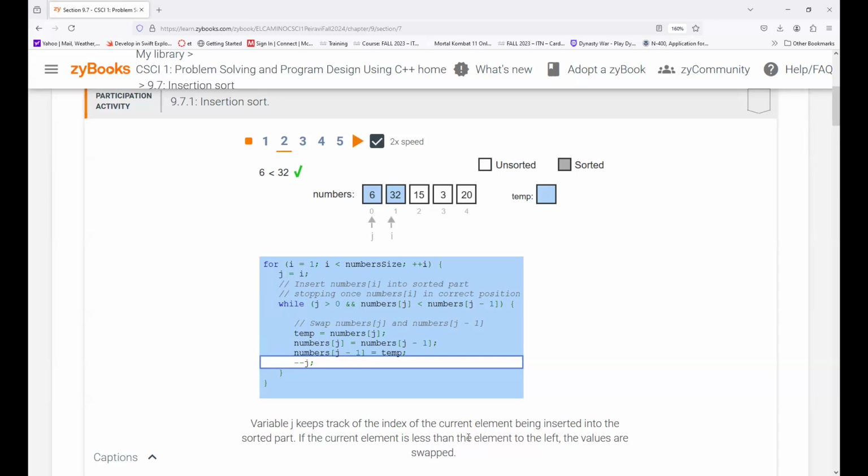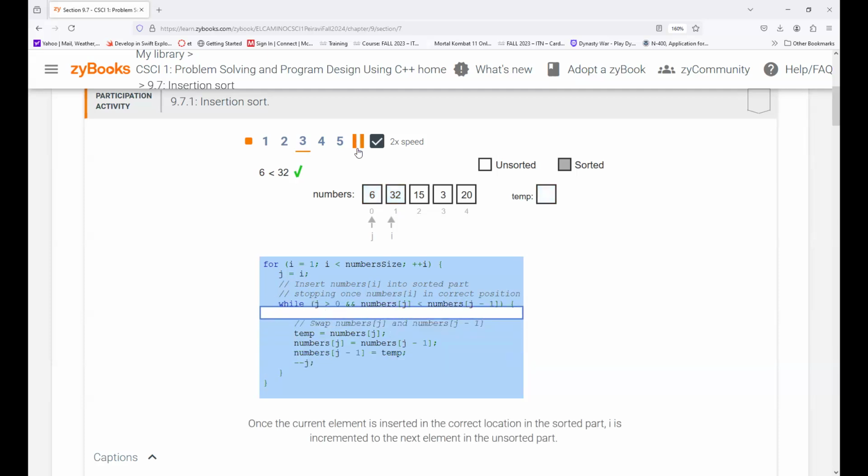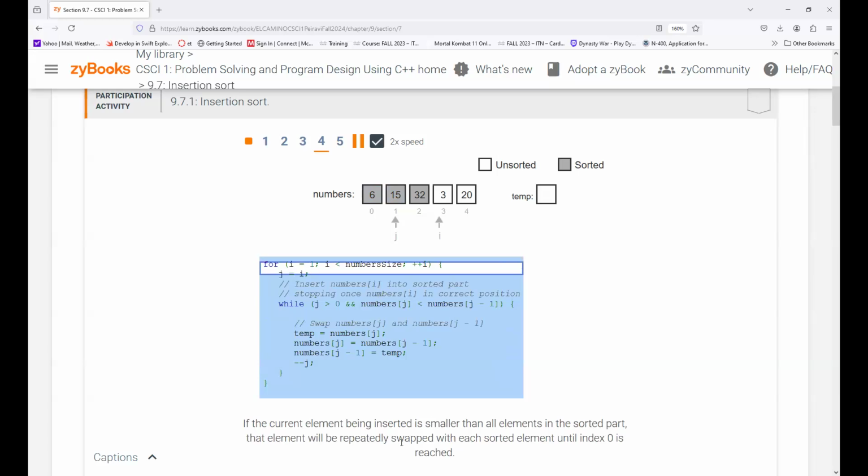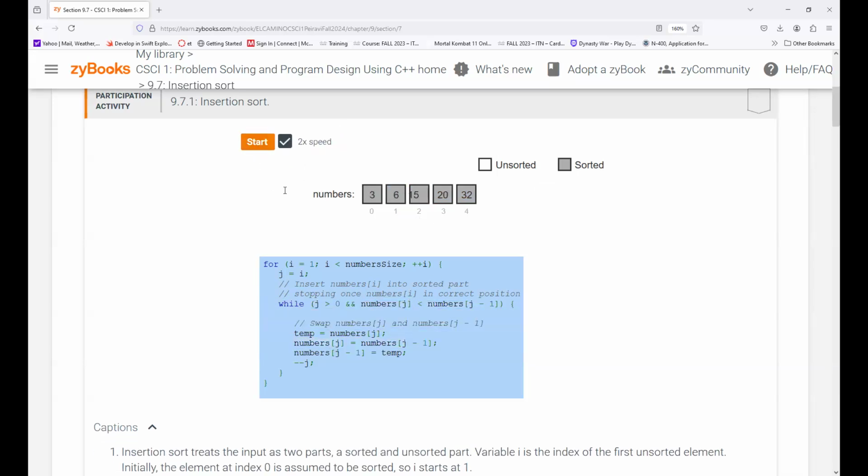If the current element is less than the element to the left, the values are swapped. Once the current element is inserted in the correct location in the sorted part, i is incremented to the next element in the unsorted part. If the current element being inserted is smaller than all elements in the sorted part, that element will be repeatedly swapped with each sorted element until index 0 is reached. So if you pay attention here,